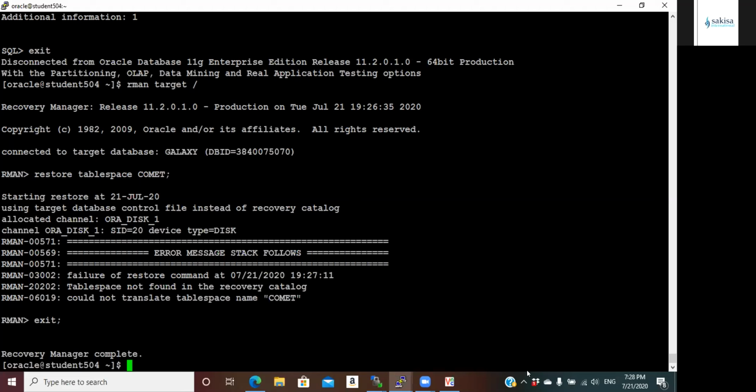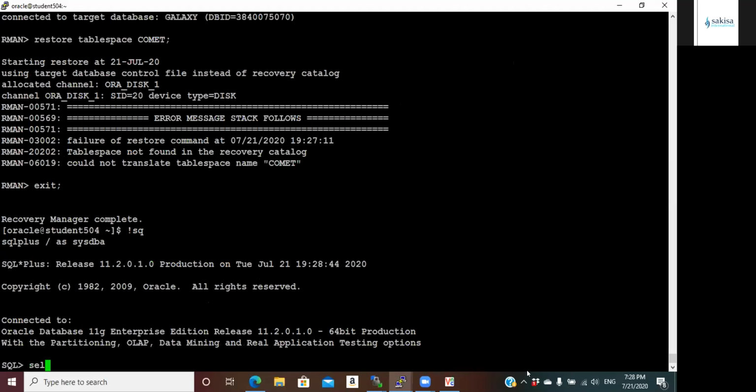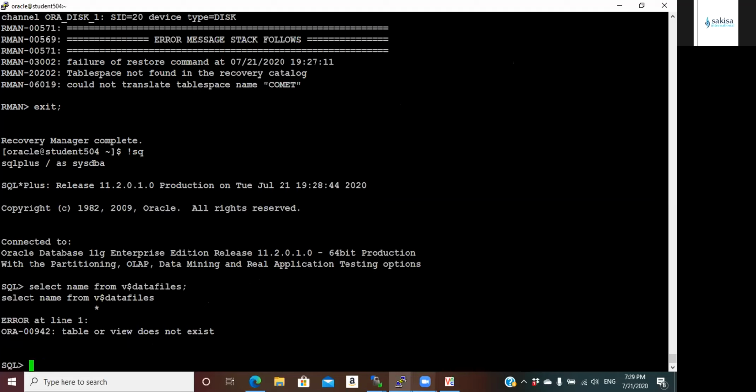Let me just select, because you cannot see the data file. Then just drop the table spaces, including content and data files, and then see what it says.